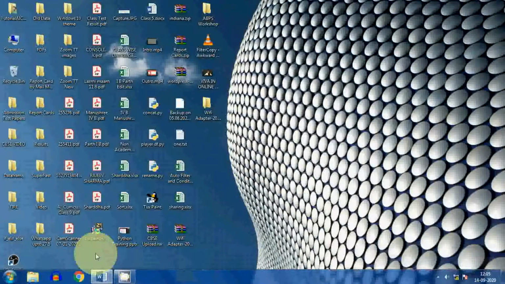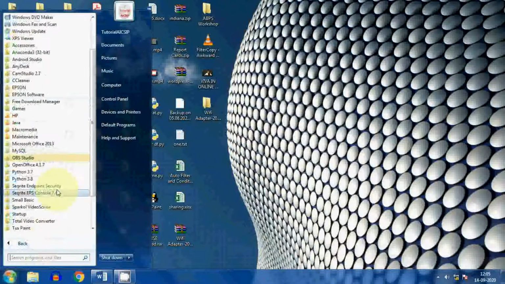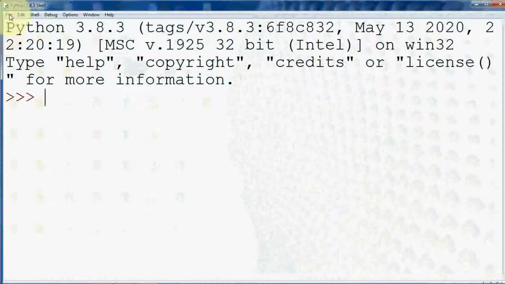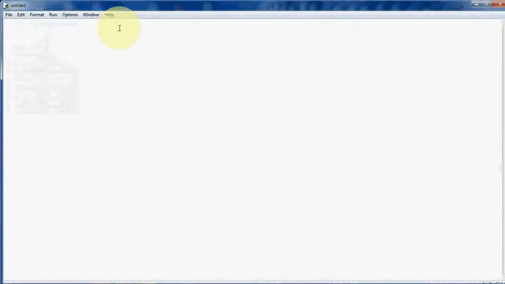So I am opening my Python IDLE from the start menu. Now simply create one function as we are creating. Suppose I am creating file_text. Now when you want to create a file, you have to use one file object. This is called a file object equal to, then use this function open. The open function is used to open your file.